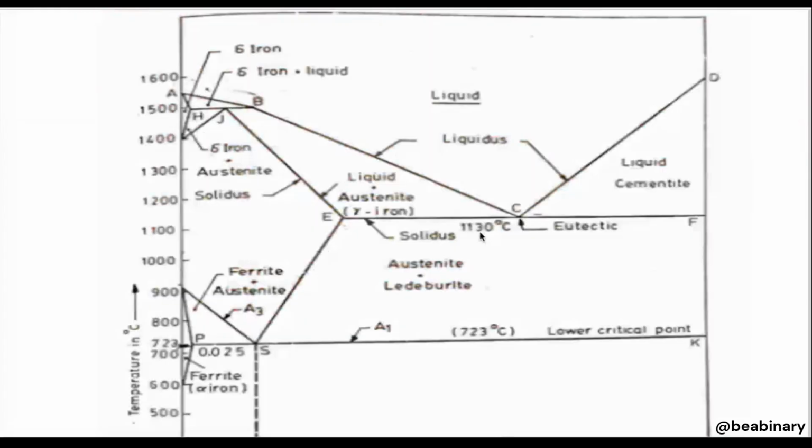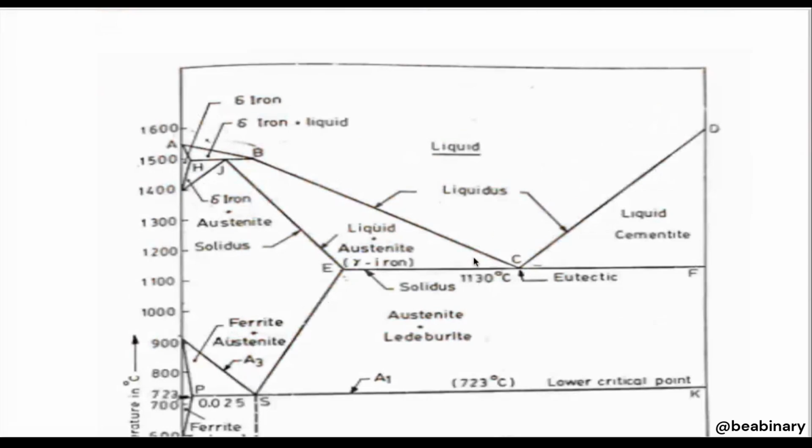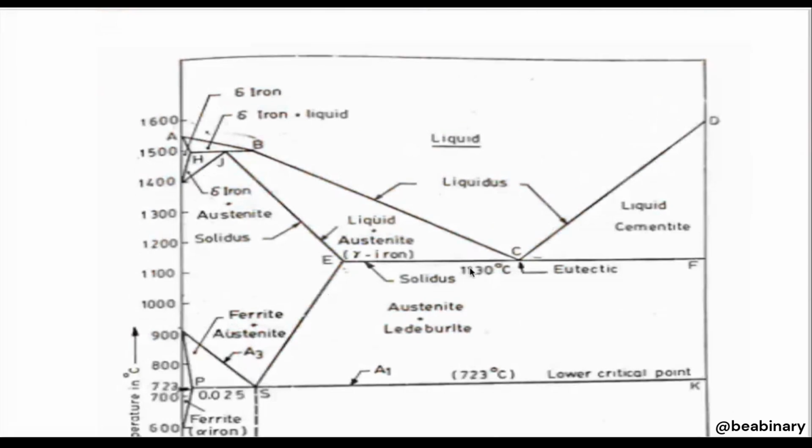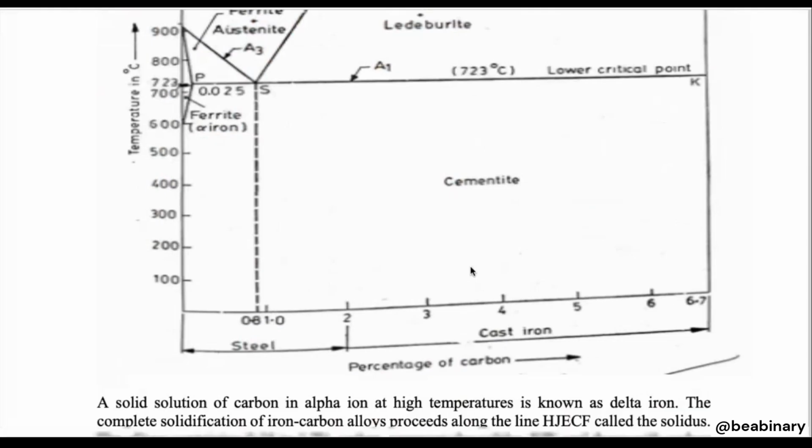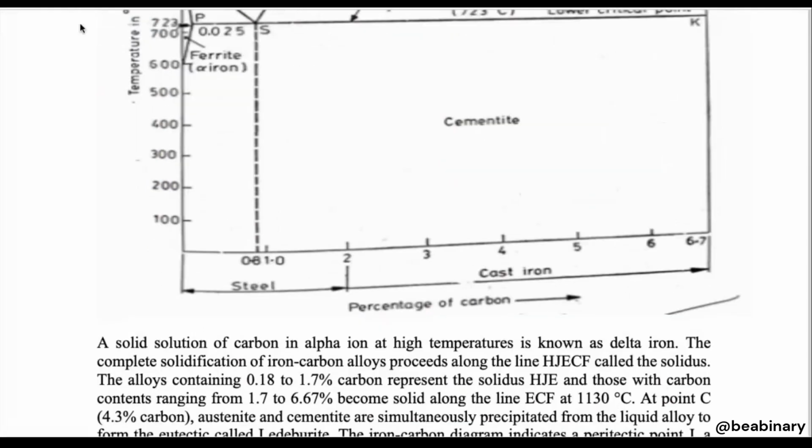So this is the iron carbon diagram. If we take the name of iron, it means iron would be 100% at this particular point. At this point we have 100% iron. Now, can you say that this is 100% carbon? No. Why? Because